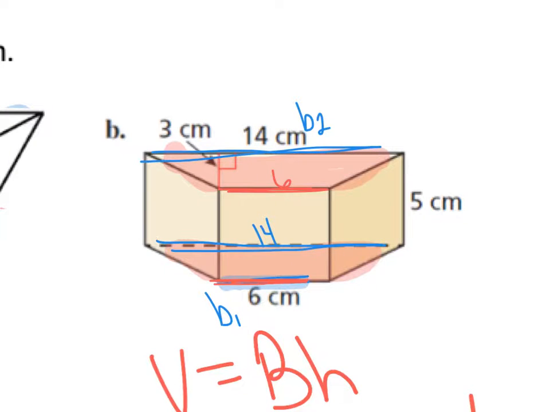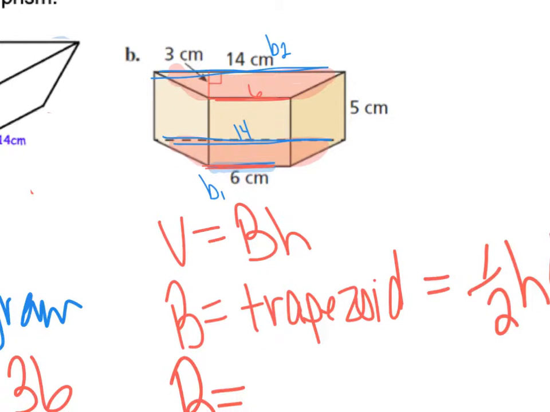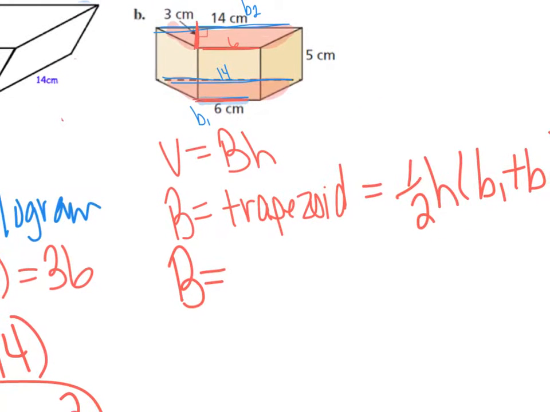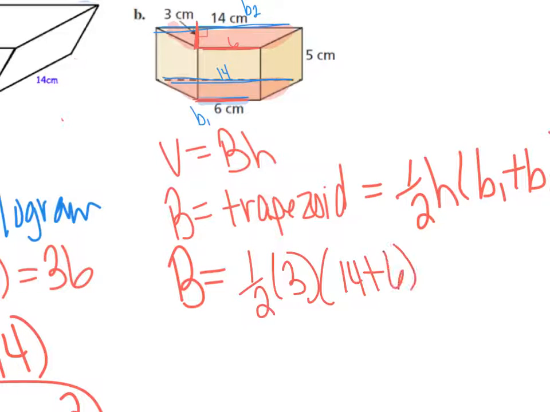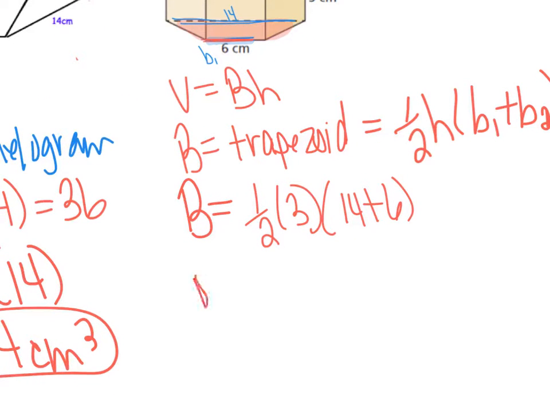So our bases, B1 and B2, are going to be 6 and 14. The height of our trapezoid is the distance between our bases, which is this value right here, which is 3. So if we put in our formula, we have 1/2 times the distance between the bases, our height, which we said was 3, times the sum of our bases, 14 plus 6. And when we put all of that into our calculator, we get 20 times 3 divided by 2, which is